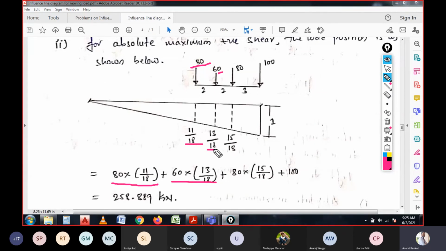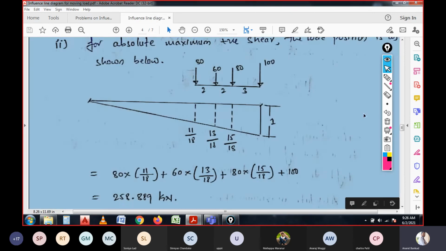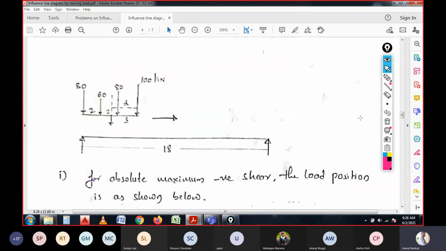Just we are multiplying the coefficient values for the intensity of load. Again 80 into 15 by 18, then 100 into 1, which is equal to 100. Then the total shear force we can expect from the load when it is placed on the right side near the support is 258.889 kilonewtons. That means the maximum shear force on the support is